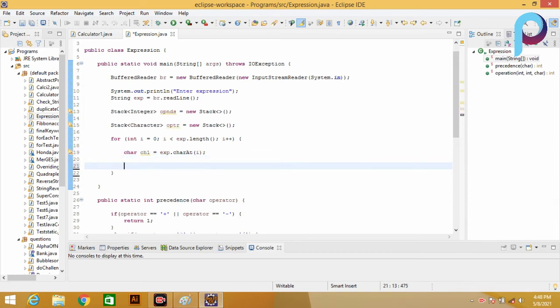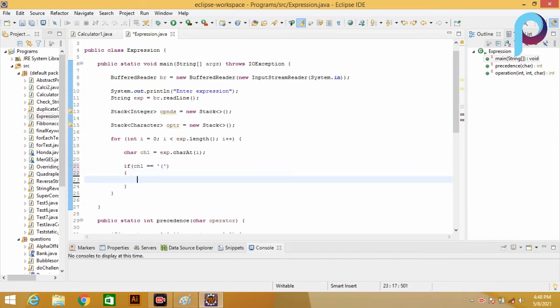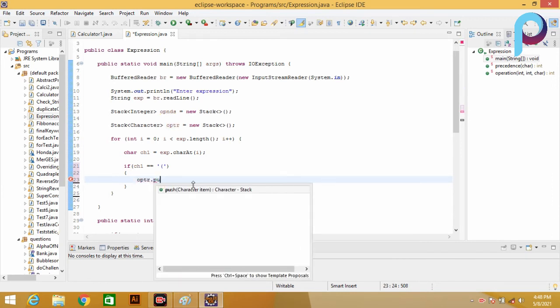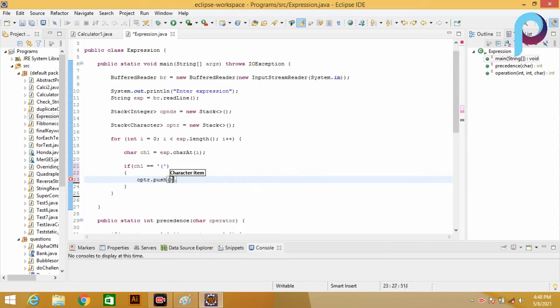Now we have to check if ch1 equals opening bracket, then we have to push it, it is a character type, onto the operator stack, optr dot push ch1. Now that's it.